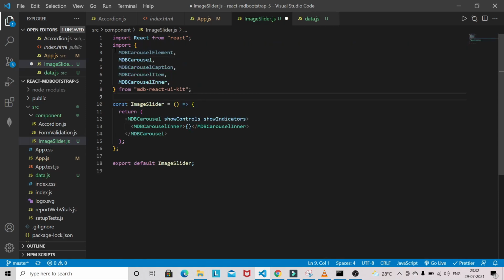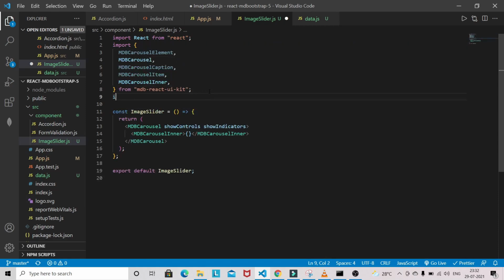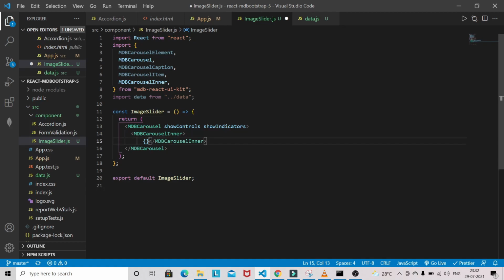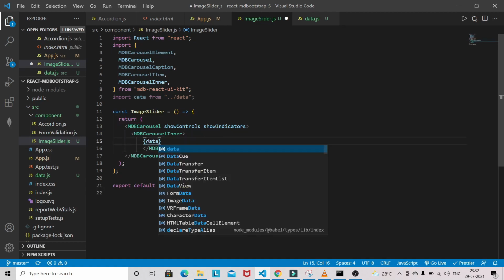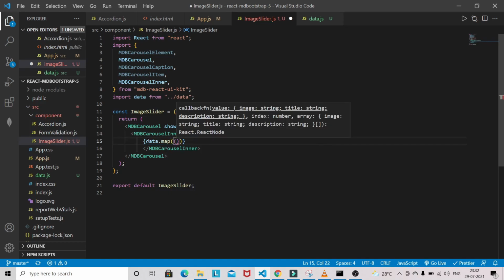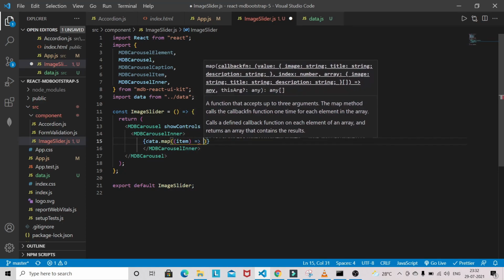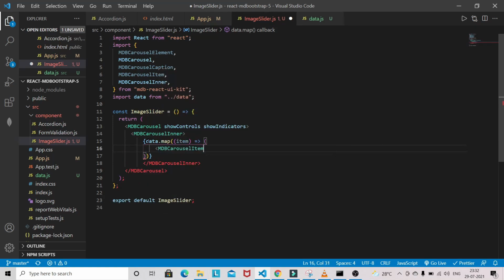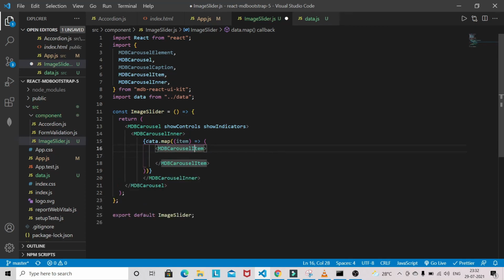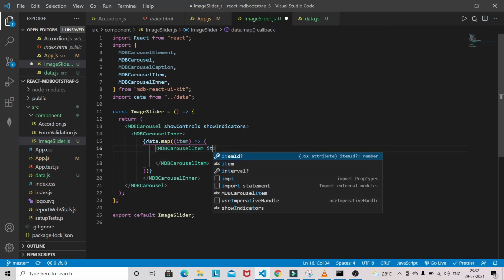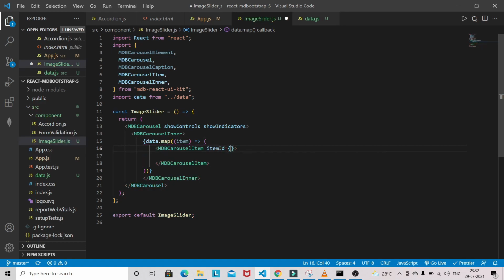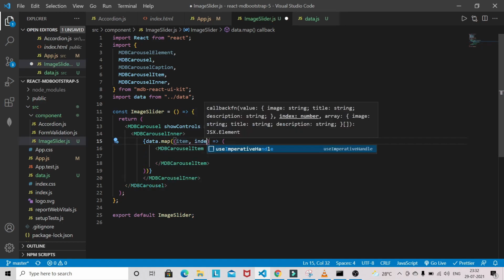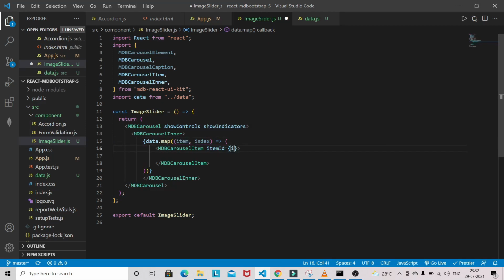So let's format it here. I'm going to bring the data file, and this data file is actually required. Data dot map, I'm going to map, and here I need MDB carousel item, and inside that I need to provide one prop, item ID, and that will be the index, the array index.